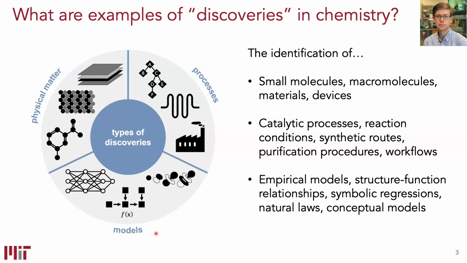A different type of discovery that doesn't tend to get talked about is the discovery of models, right? There are very empirical models like trained neural networks, which count as perhaps discovering a model that describes the relationship between structure and function. But of course, models can be more abstract and higher level. And while I'm not going to talk about it, and there are very few examples in the literature, it's interesting to think about the way that AI could help us invent these more abstract, fundamental notions of models, things like the periodic table, right, or orbitals, discovering those from data.